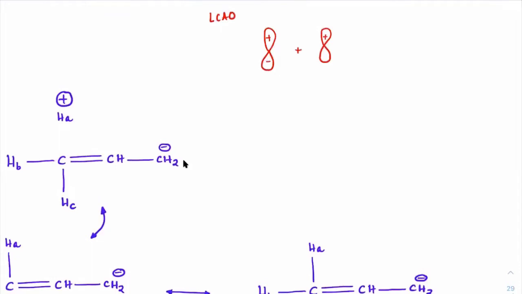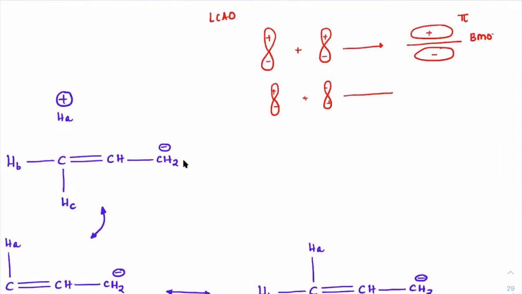Now, if at all they are adding in the same phase, you know that a molecular orbital will form above and below. This is called the bonding molecular orbital, which we write as pi only. But in case the addition happens plus and minus, they will become anti-bonding molecular orbital. Their shape looks something like this.